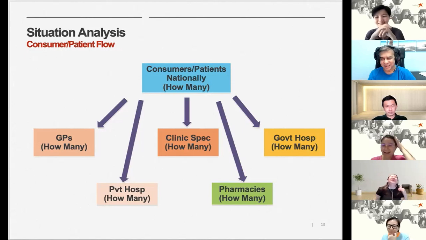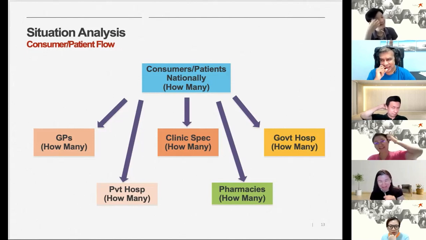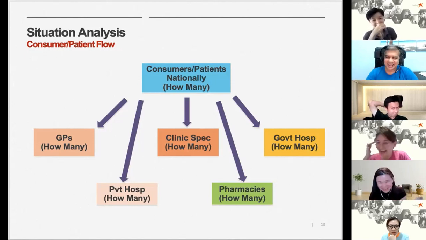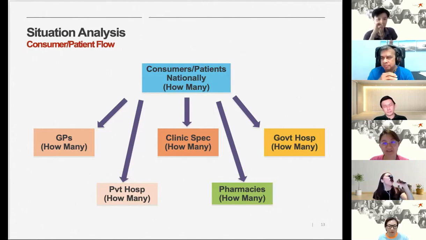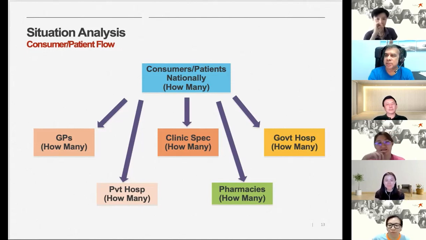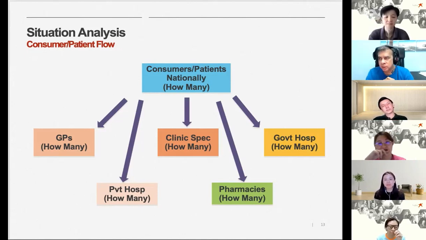Okay, Fiona, what did you say? I say private hospital. Siwei, what did you say? Pharmacy. Okay, so this is where it becomes tricky. You got to decide, Fiona and Siwei. Those who follow up in pharmacy, just take it away from private hospital and put inside pharmacy. Don't put in both places. Put in either one. Wherever they follow up most of the time, put it inside there.